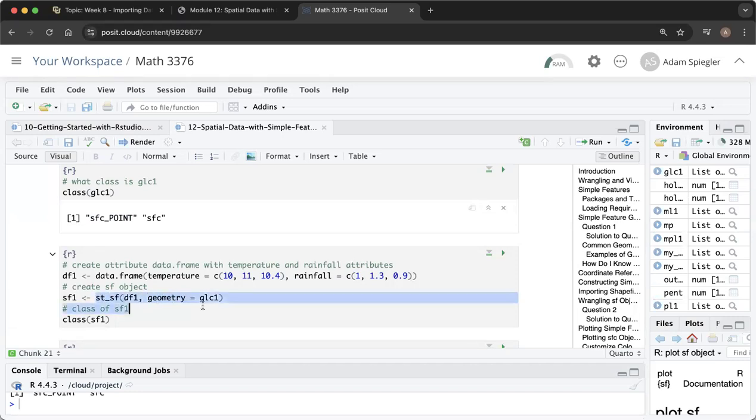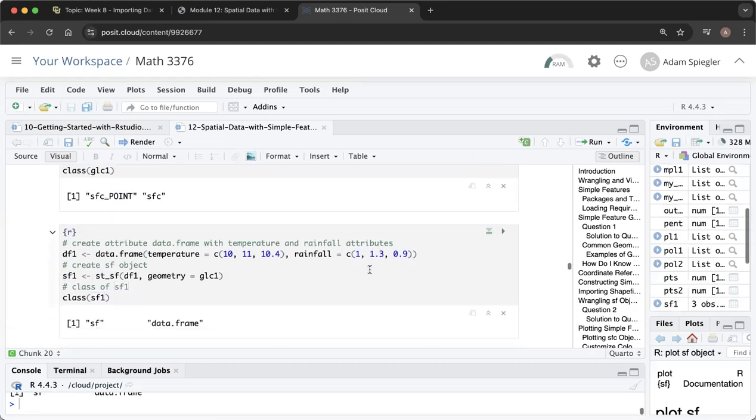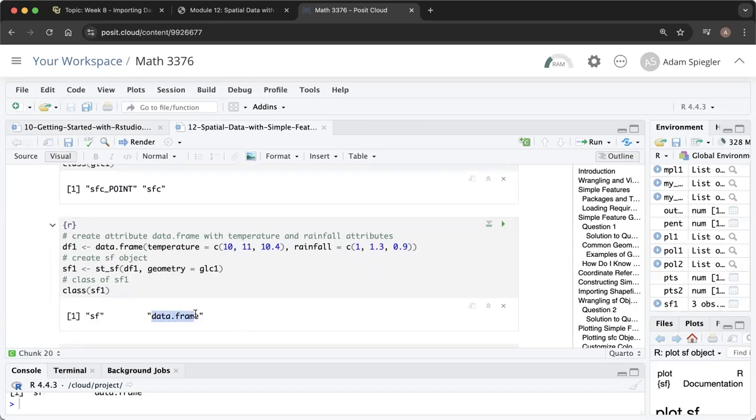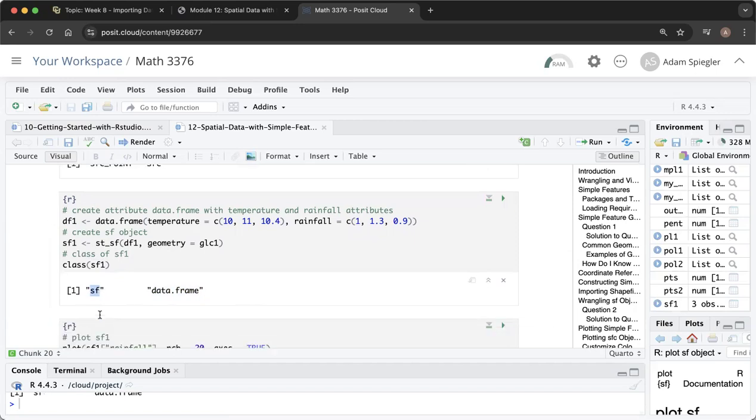So I merge the data and the geometry list column together with this st_sf function, and I assign that to sf1. And this is now an sf object. We have a column of geometry objects, and then we have data. We have attributes. And so together that makes an sf object. And let's check the class of this sf object, and we can see that it does have this data frame structure. In addition, it's denoting that this is a simple feature. So it has some additional structure on top of the data frame